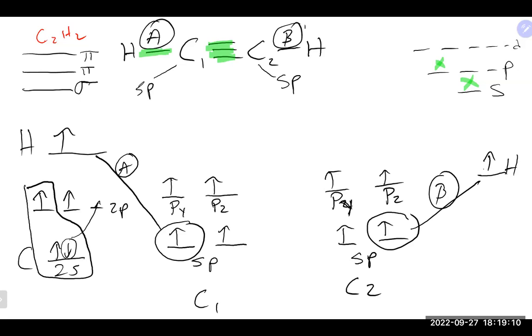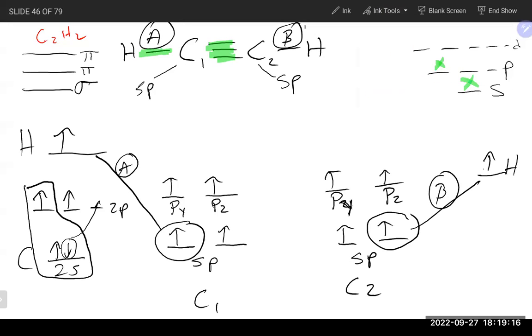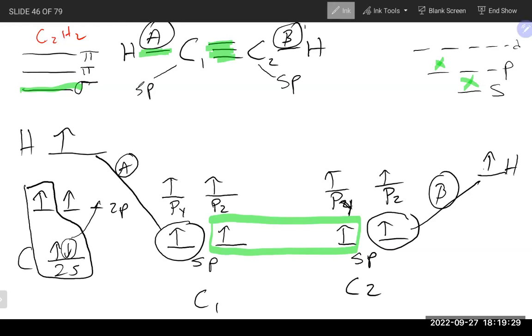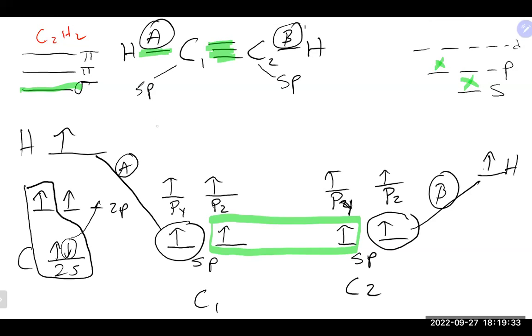So the first bond, if you will, for our triple bond, we'll go with this one, is going to be the head-to-head overlap of those two electrons coming together to make really the first line in our triple bond. The second and the third one are going to be a